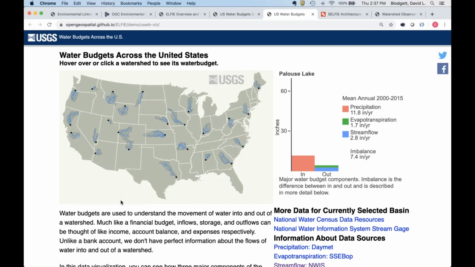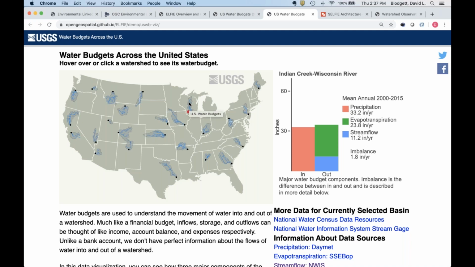Probably the biggest, and the one that I'm most proud of for how this is really supposed to work, is this visualization of water budgets for the US. You come in here and it starts animating, stepping through the country. What we brought together here was a set of watershed data, so watershed boundaries and river flow lines.